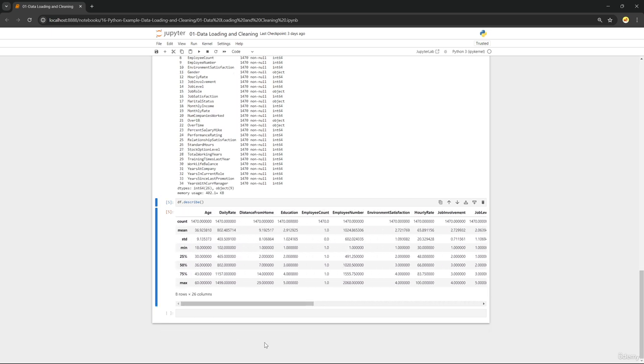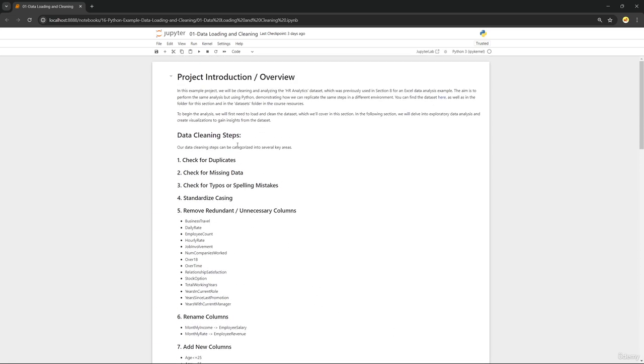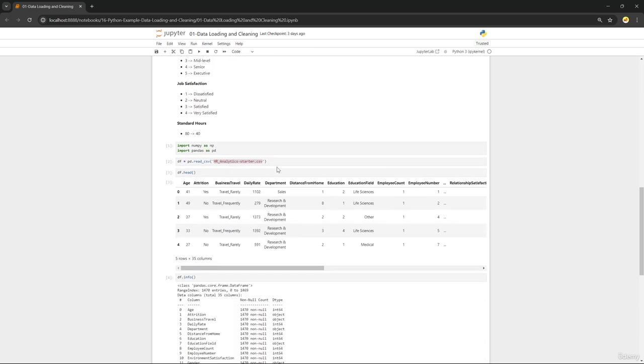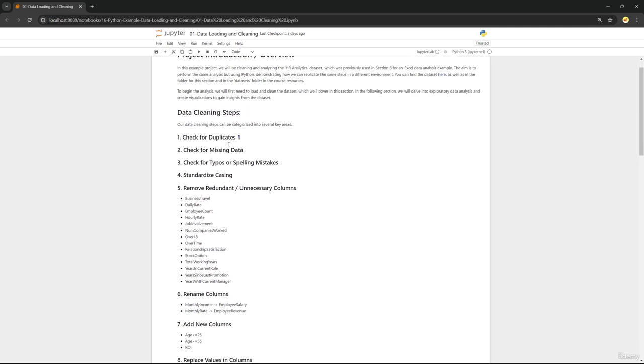Okay, so let's leave this one here for now. We've been through and recapped all of the data cleaning and analysis goals of the project, as well as then importing our dataset into Python by using the pandas.read_csv function. In the next lecture, we'll clean this data by going through all of these steps that we've got listed up at the top here,